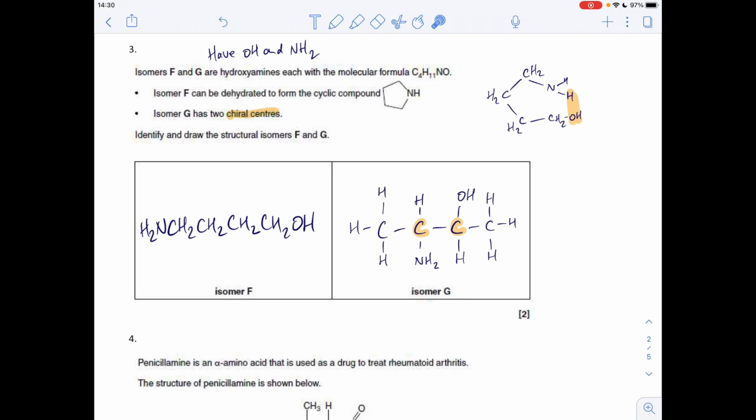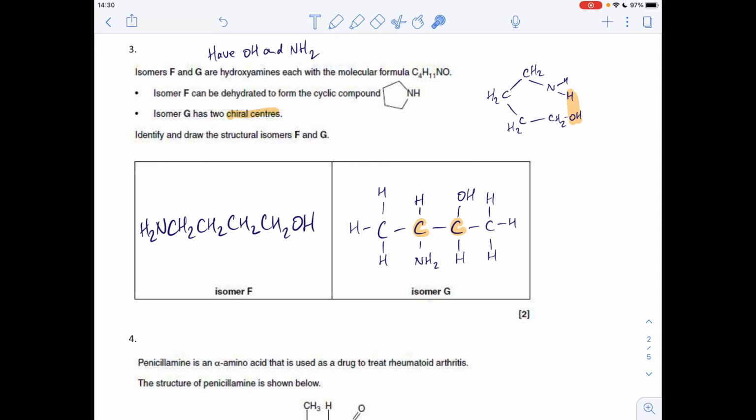So we're told that isomer F can be dehydrated to form the cyclic compound, this thing here. So what I've done is, you can see here I've drawn up a molecule that would be able to become a cyclic compound from the loss of water. So if we've got an NH2 group at one end of this carbon chain and a CH2OH group at the other end of the carbon chain, if you lasso out water, take out the H and the OH, you can actually connect these, the carbon to the nitrogen, and you can create a ring. So isomer F